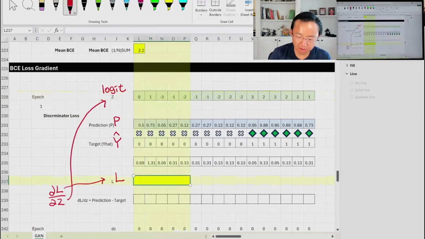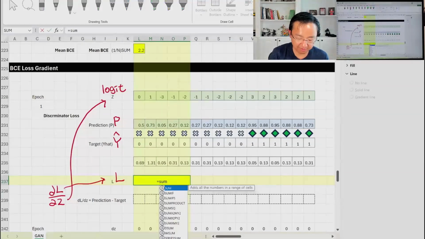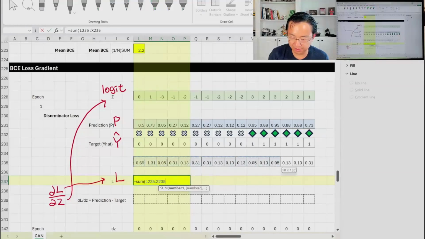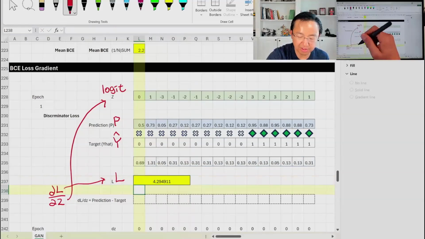So I have this total loss here. Let me just consider the total loss right now instead of the average. Let's do a total loss over a batch of 16, and then I would like to compute this. It turns out